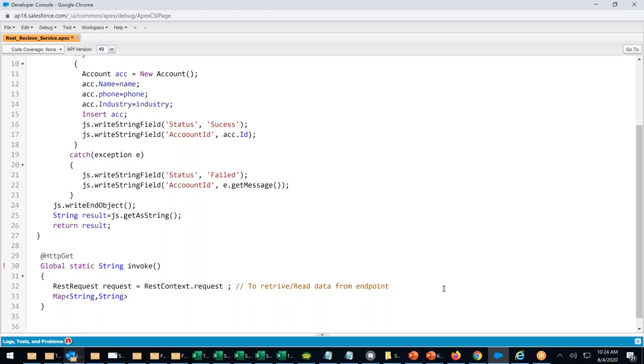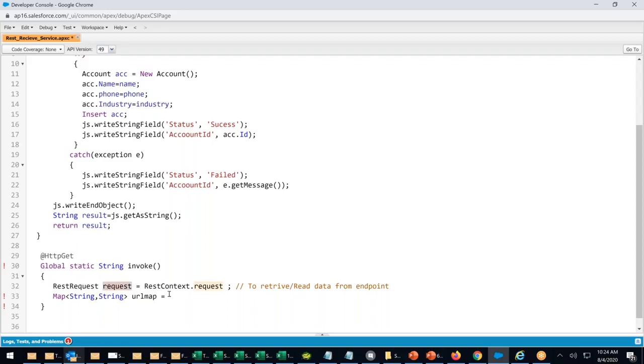You can give any name, anything. You can say URL map. Whatever data was passed in the URL, I'm saying URL map equals to,